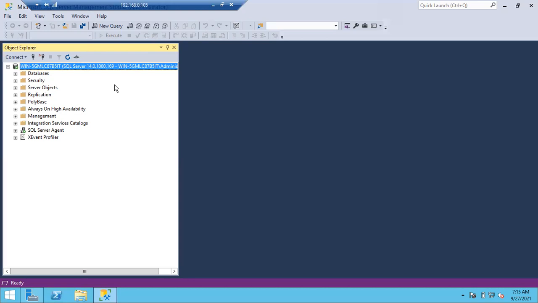So if even one log backup is deleted, what is the problem? You cannot make use of the other log backups after the deleted one. Imagine I have 20 log backups to restore. If the first log backup is deleted, can you restore the remaining 19? Not possible. Why? Because the LSN chain will be broken. LSN, log sequence number. Once the LSN chain is broken, you cannot use the other log backups. If in 20 log backups my 8th is deleted or corrupted, you can restore only till the 7th log backup.